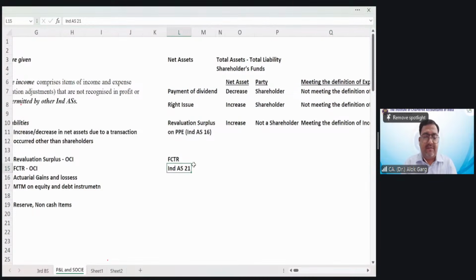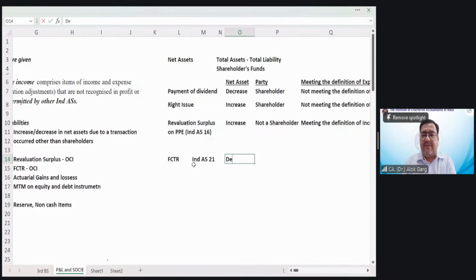Foreign currency translation reserve, my dear friends, in accordance with Ind AS 21. So the company has a foreign subsidiary. The company is consolidating the foreign subsidiary and translating the US dollar balances into INR balances. Now what happened? While translating from US dollar balances to INR balances, the company has a foreign currency translation reserve loss, FCTR negative, right? So this foreign currency translation reserve, which is negative, the loss, of course, it is a negative reserve.